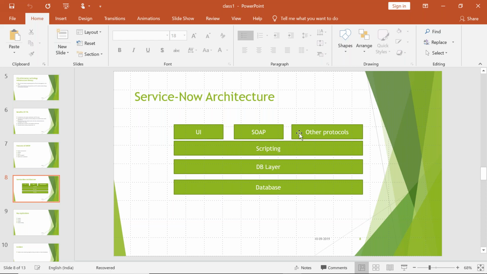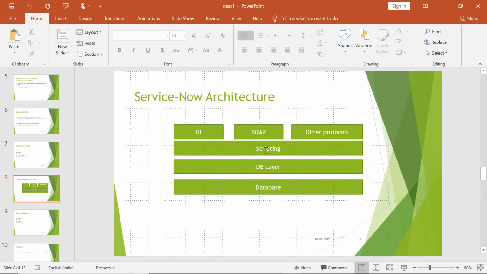So the external tool will be accessing the data through any of these integration protocols. And again, obviously the external team will also not have access to any of the below layers. So I'm just trying to put these on the same level for you to understand, be it the third party or be it the concerned end users, they will not have access to any of the below layers.